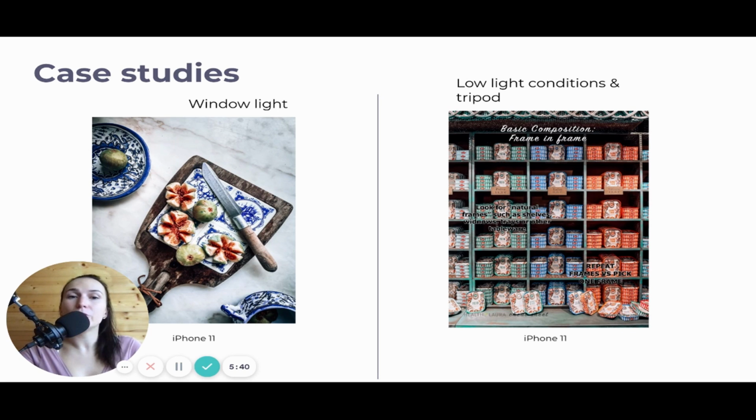So again, use window light. And this is super basic, but it makes a huge difference. In general, it makes a huge difference. You might have stunning, delicious food, but when the light is wrong, then the food might not look as